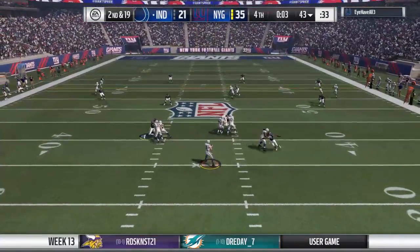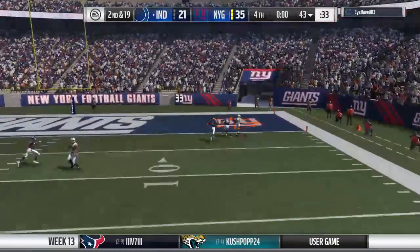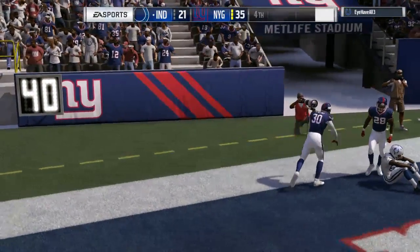Out of the gun, they'll look to throw. Finding time. Now a desperation throw deep downfield. And that will be incomplete. They were going for a...